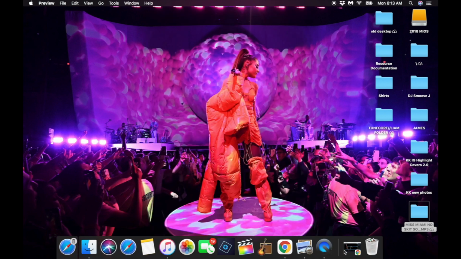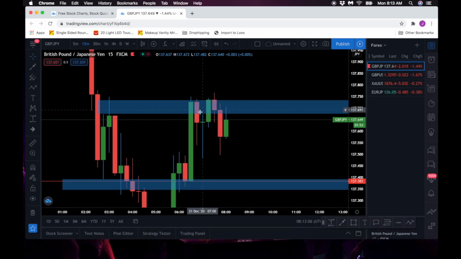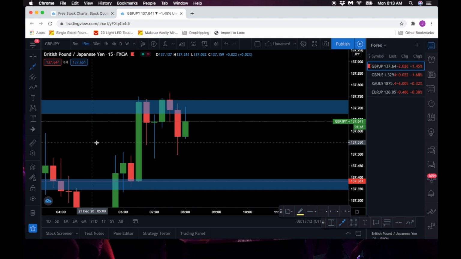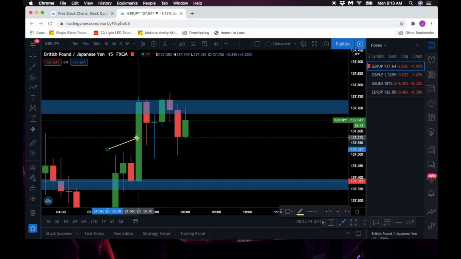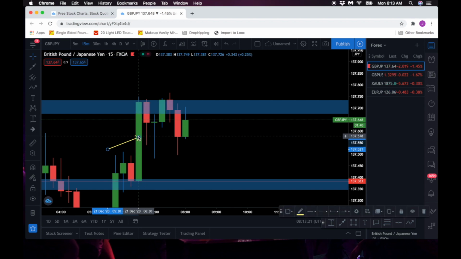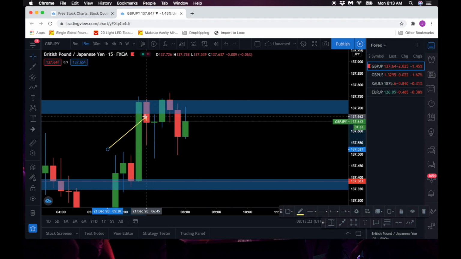So today, when I was trading, I noticed it right here. It may look kind of difficult, but it's a 15-minute. You get a strong bullish candle right here, and then a bearish candle. This one doesn't count because it's a pin bar. And then you get about an equal sized body again,